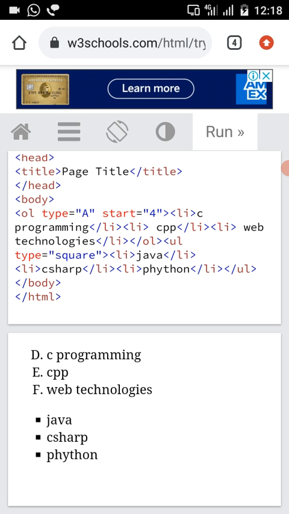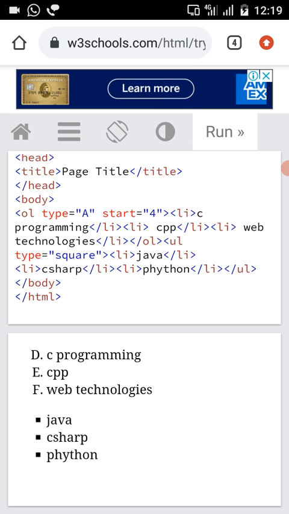For defining a term in the list you have to use the DT tag, and to define a definition for the term you have to use DD. Here DD means data definition. In a definition list you can have as many terms as you need. Each term can have one or more definitions.